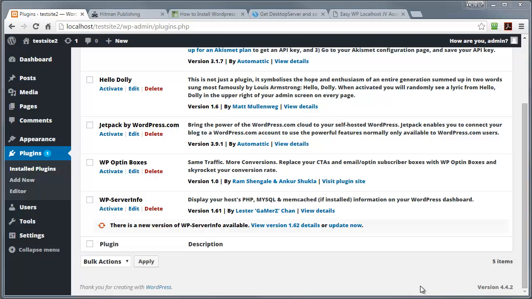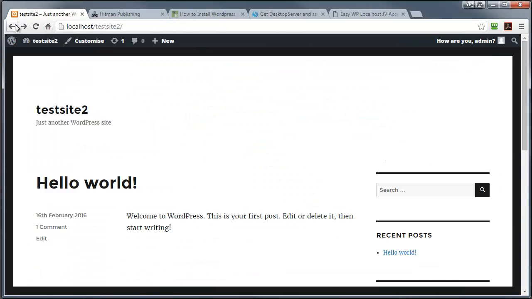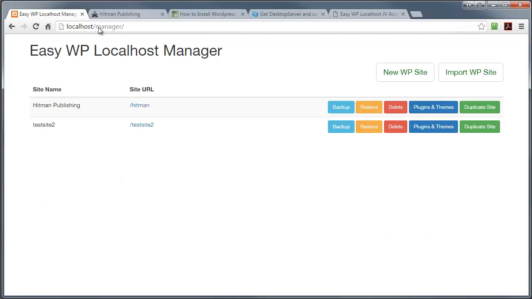Now we estimated that we lost about 20 or 30 minutes per site doing all the plugin installation and downloads manually. So this is a huge time saving. And one final thing in our localhost manager, just going to go back to that now. We've got this duplicate site option. Now, the majority of the projects that you'll be working on will have similar pages, similar setup, similar configuration,